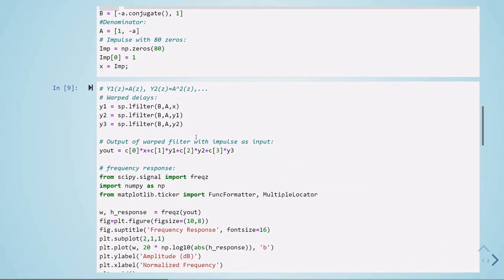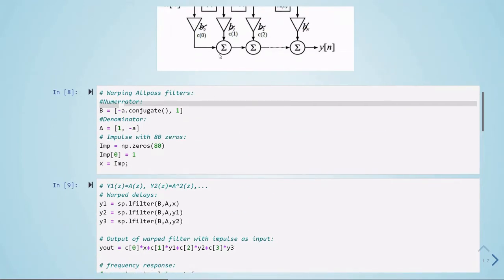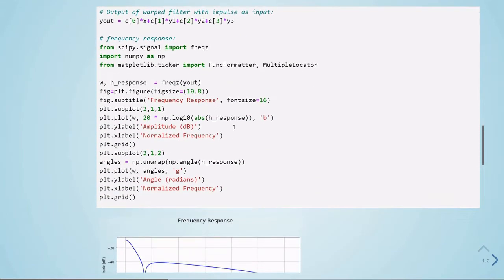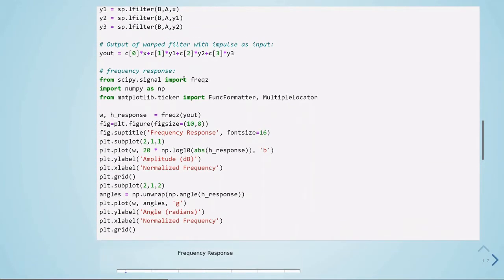Then the output is given by the sum of all these, the y of n, and we can see the frequency response of this filter now,